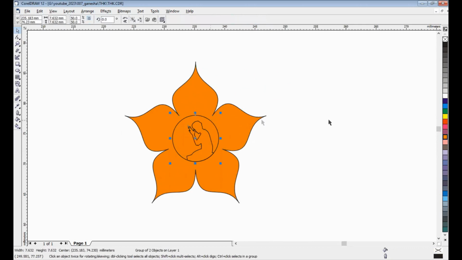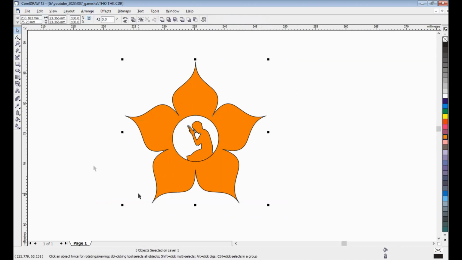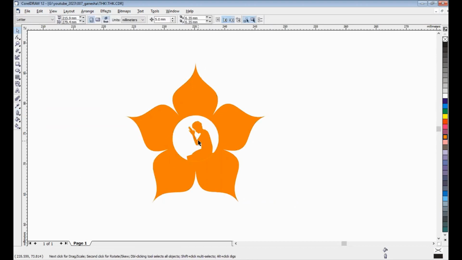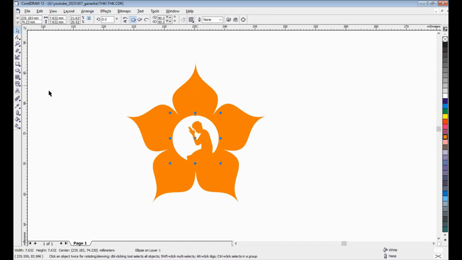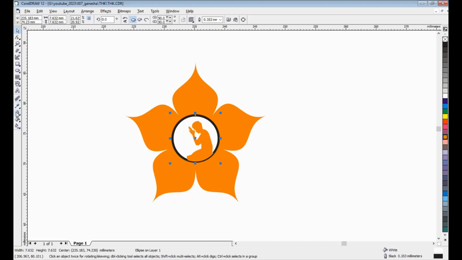Ungroup first, and then we can give it like this. Or no outline, maybe like this. If you want to use this color, maybe. Okay, let's see what happened.